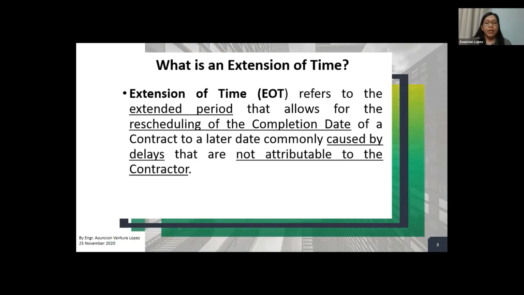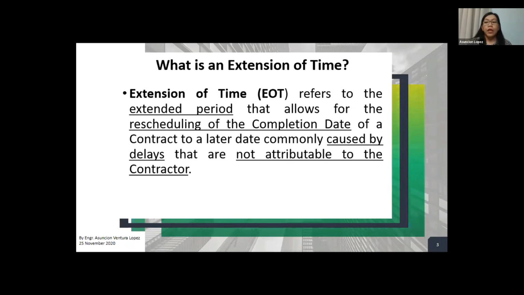So what is it? An extension of time refers to the extended period that allows for the rescheduling of the completion date of the contract to a later date, commonly caused by delays that are not attributable to the contractor. As I have said earlier, this may include events that could not be foreseen or considered at the time of the contract signing or during the tender period.